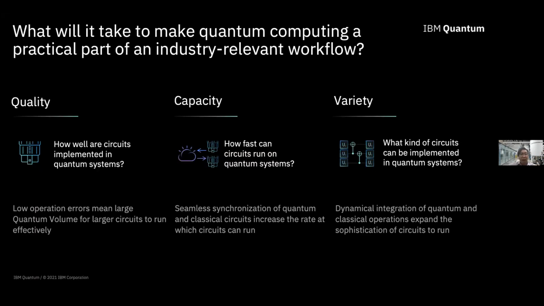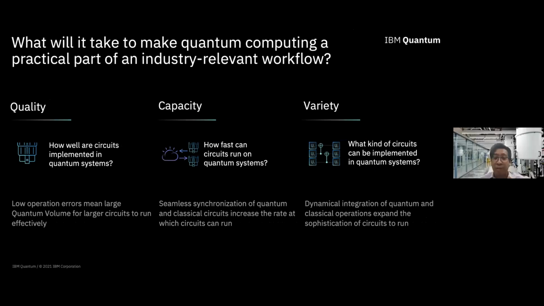Now, I just want to take the last couple of minutes to talk a little bit about some of the other elements besides the hardware, right? So back to this point of what the key metrics are, right? The capacity and the variety part, that really ties into how well your system is actually integrated between your classical hardware and your quantum hardware. And a big part of that is, in fact, how the software stack is interacting.